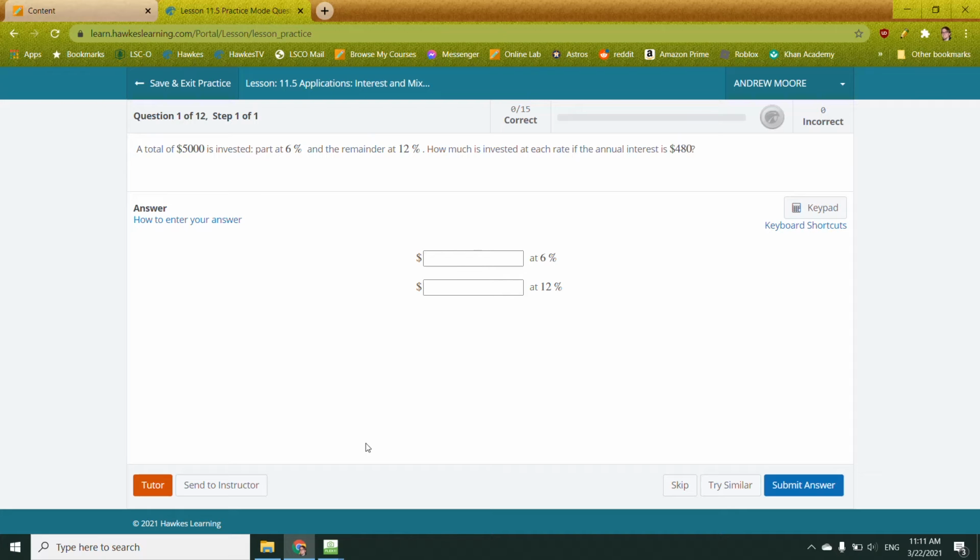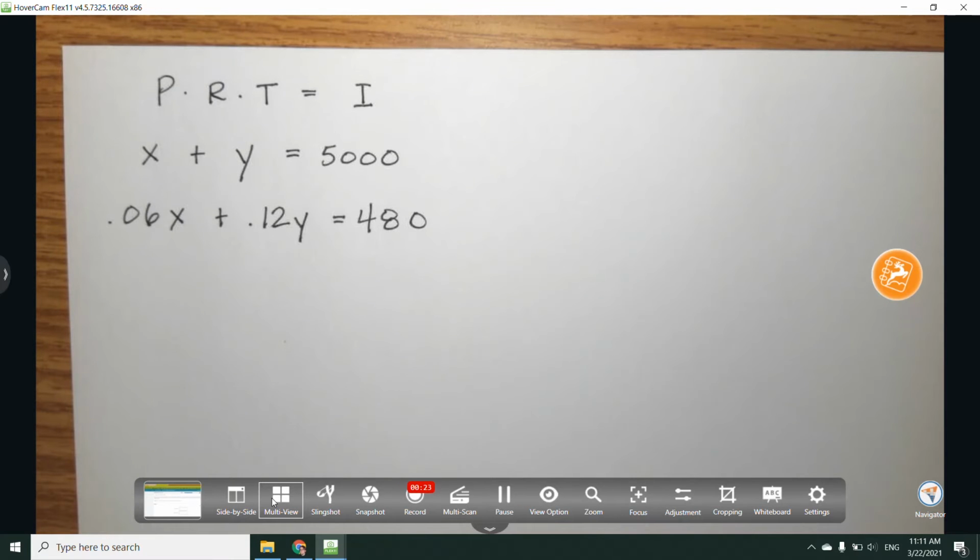A total of $5,000 is invested, part at 6% and the remainder at 12%. How much is invested at each rate if the annual interest is $480? One thing we're going to be using to figure this out is our formula, where we have a principal,